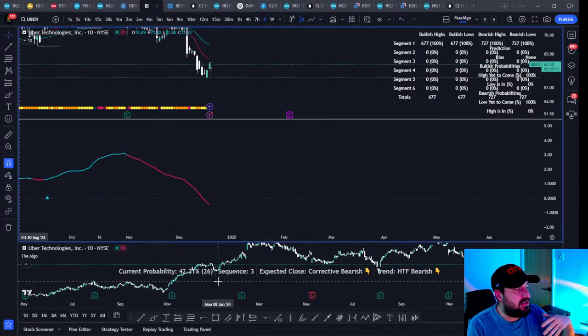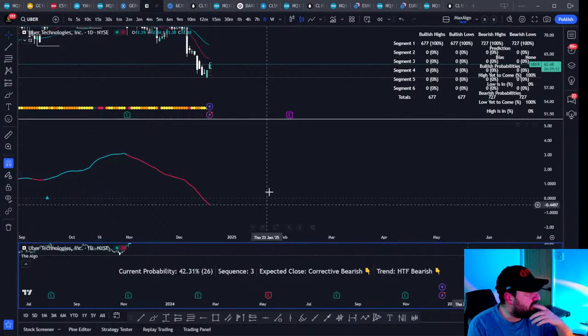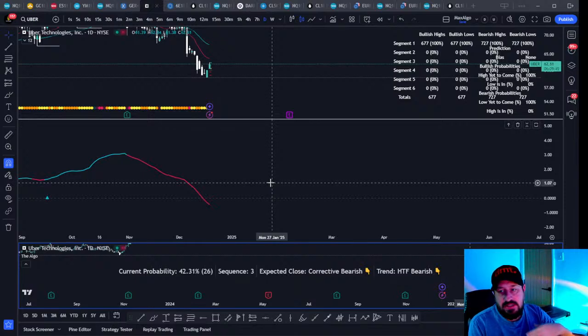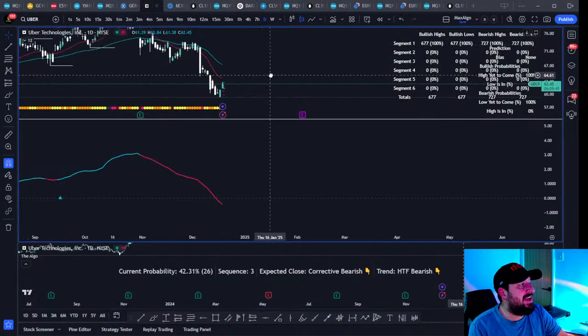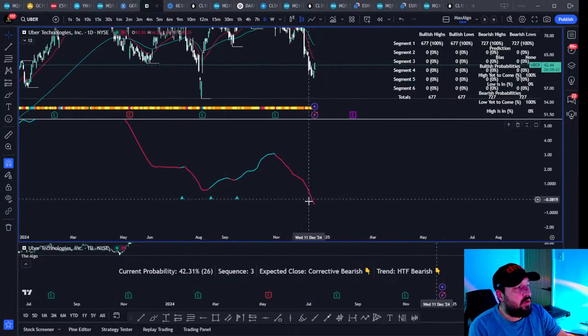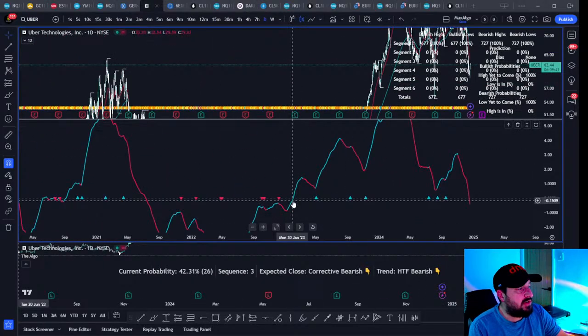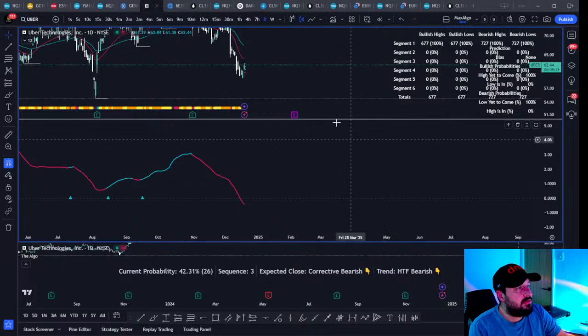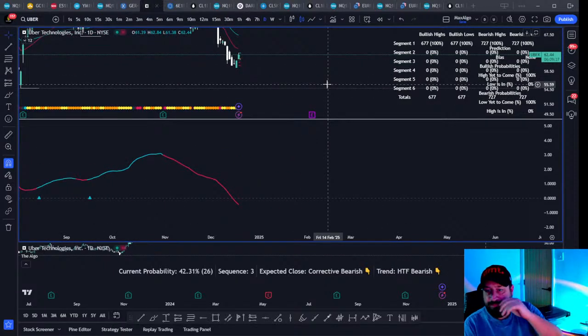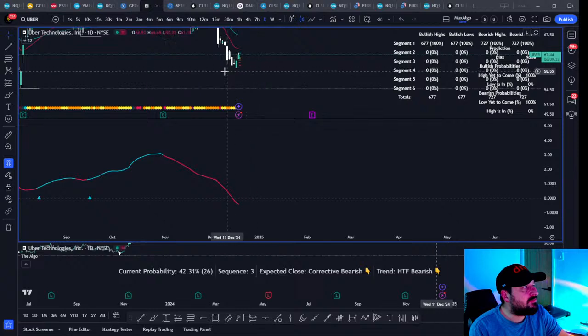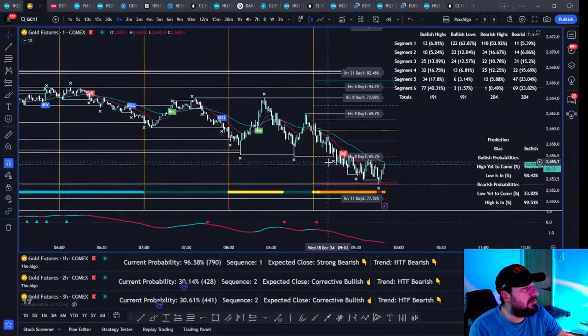You'll see the data starting. We're up at 42%, right? So we should then start seeing the data come back to bearish, and maybe when we flip bearish, that'll be an opportunity to get in for a short and hold it. It'll be a long hold, right? A long hold. So yeah. Interesting on Uber.